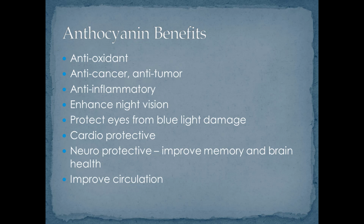Another thing about anthocyanins is that they protect eyes from blue light damage. Your computer screen that you're looking at right now or your cell phone screen is actually putting blue light into your eyes. And by eating a diet that's very high in anthocyanins, you can protect your eyes from that blue light damage. There's also eyeglasses that you can get that have a film on them